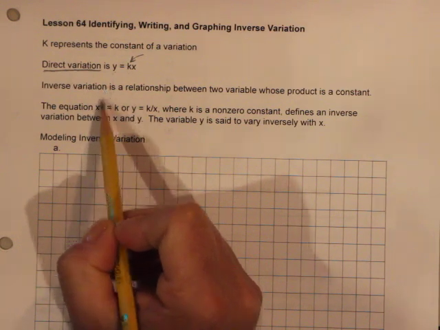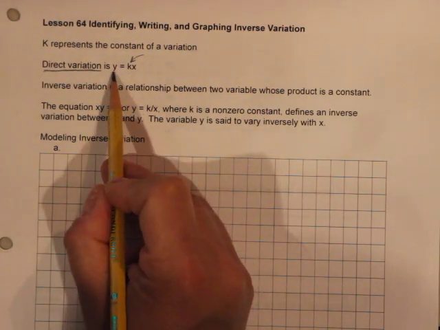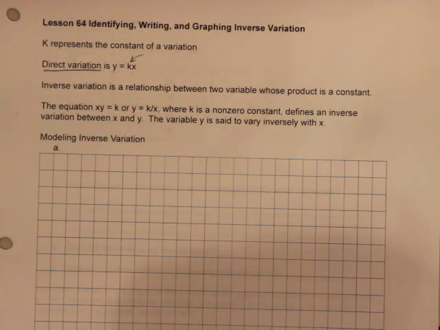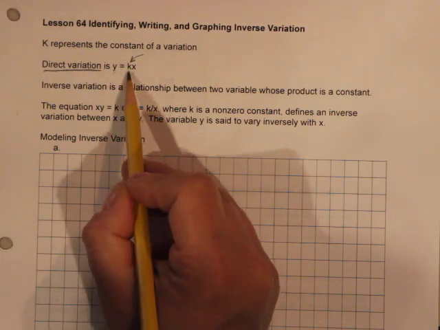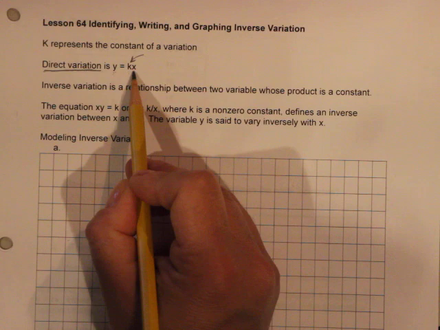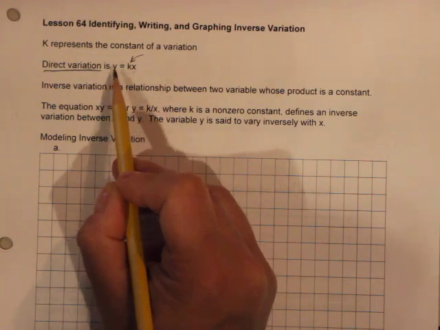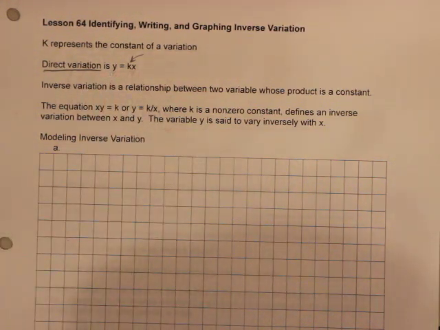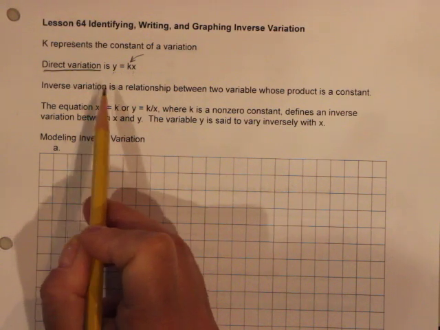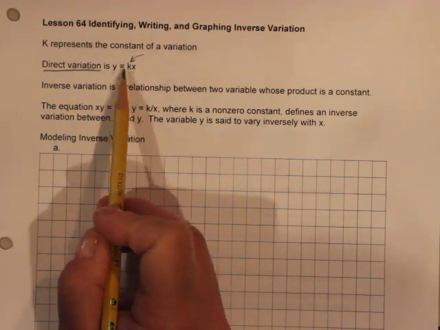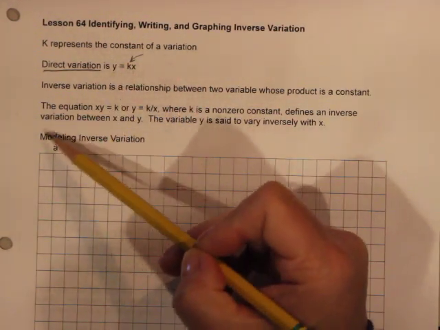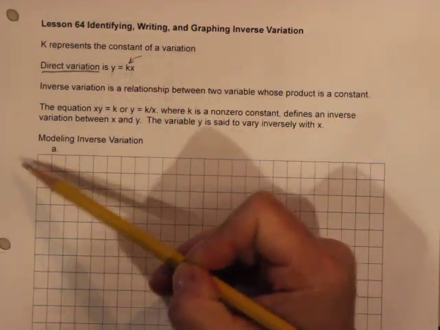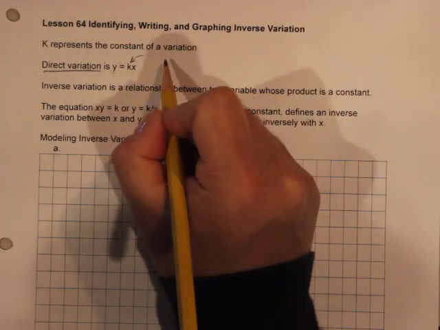And what we want to understand about direct variation is that in a direct variation relationship, when x increases, y also increases. Okay? You can see it in the multiplication problem, right? No matter what k is here, if x gets bigger, the product of those two numbers is going to make y also bigger. So direct variation is a relationship where if x increases, y increases, or if y increases, x increases. It's what we see in the slope of a line, right? So if we can just sort of visualize that,